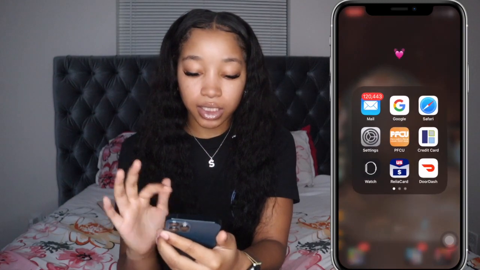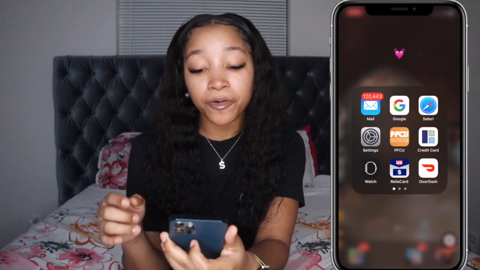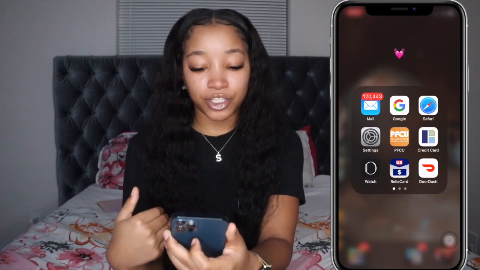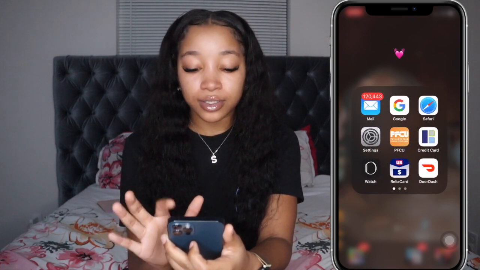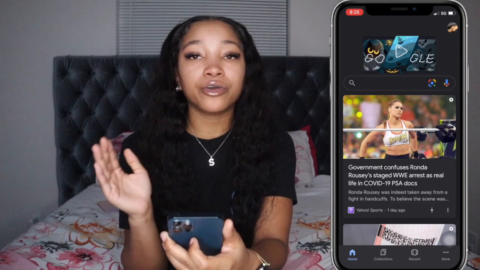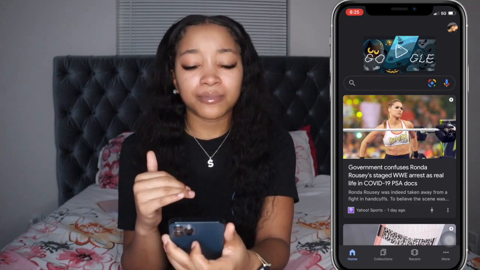Let's go to the next section of apps. So this section of apps is basically like my email, Google, Safari, and my banking app. So I use Google the most. I don't usually use Safari. I'll use Safari if, I don't know, sometimes I use Safari and sometimes I use the Google app, but